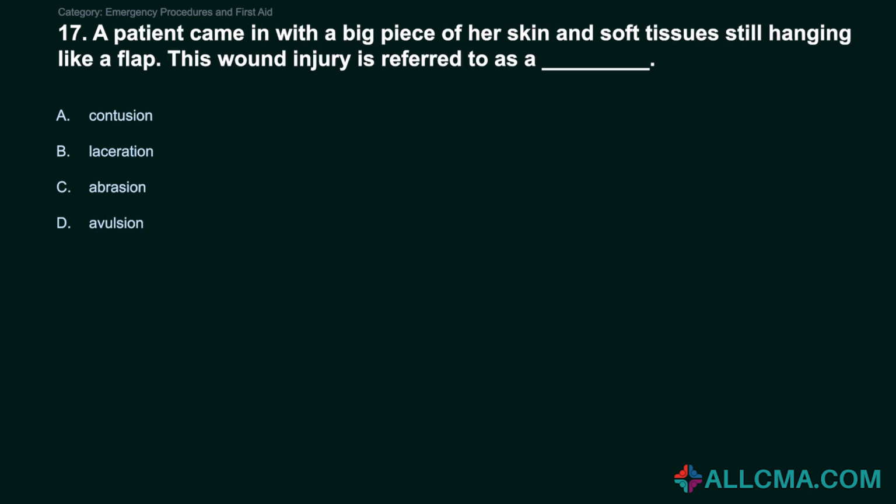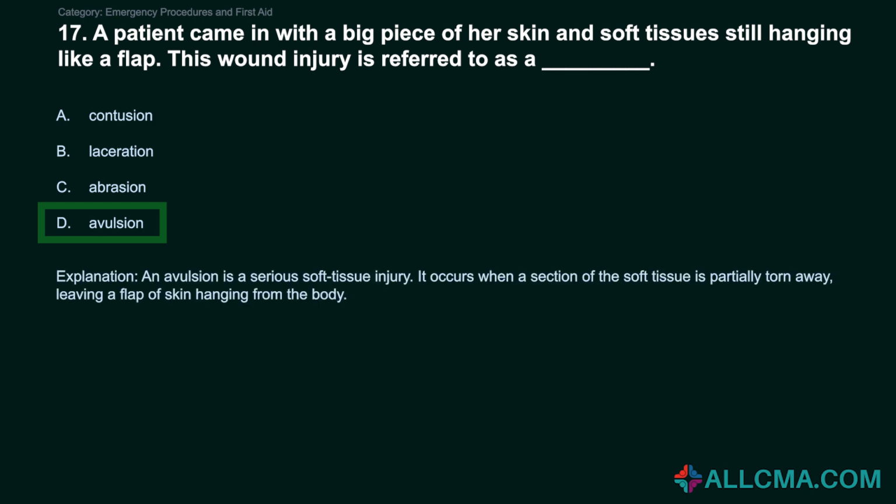17. A patient came in with a big piece of her skin and soft tissues still hanging like a flap. This wound injury is referred to as: A. Contusion. B. Laceration. C. Abrasion. D. Avulsion. Correct answer: D. Avulsion. An avulsion is a serious soft tissue injury. It occurs when a section of the soft tissue is partially torn away, leaving a flap of skin hanging from